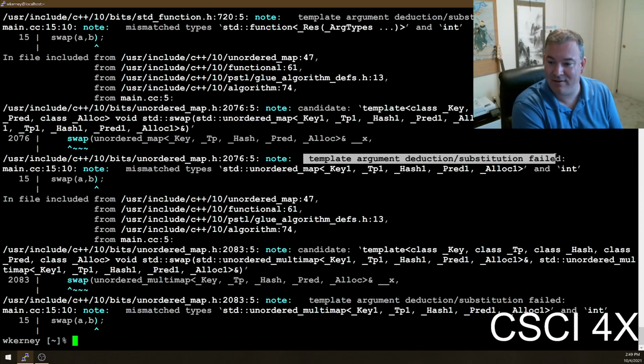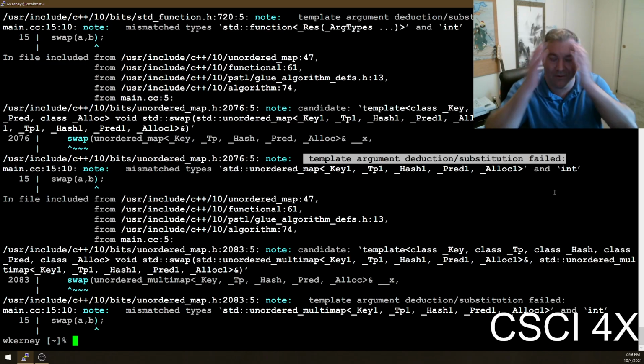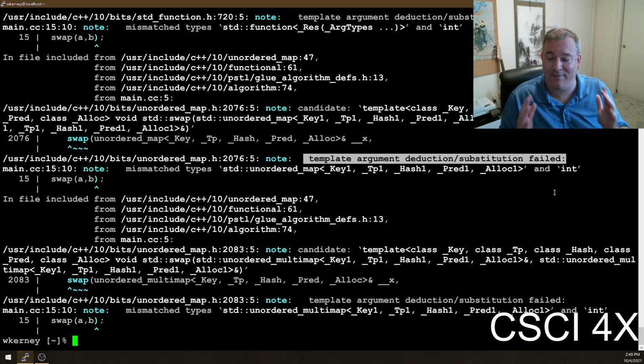Right here. Template argument deduction substitution failed. I tried this. It didn't work. So why are you telling me? Nobody in their right mind would think about swapping a hash table and an int. If an int and a double, yeah, maybe. You might try that once.